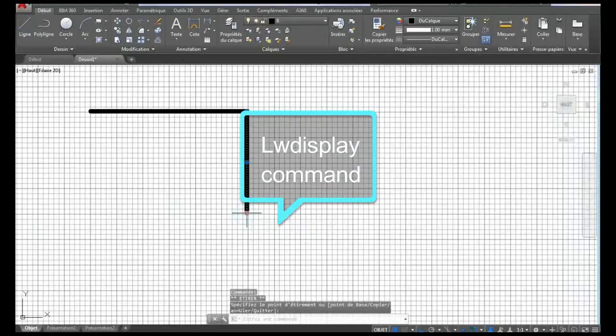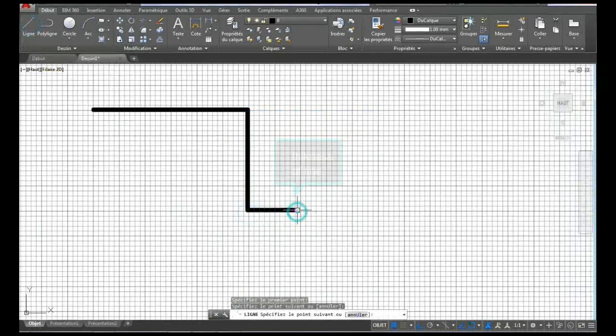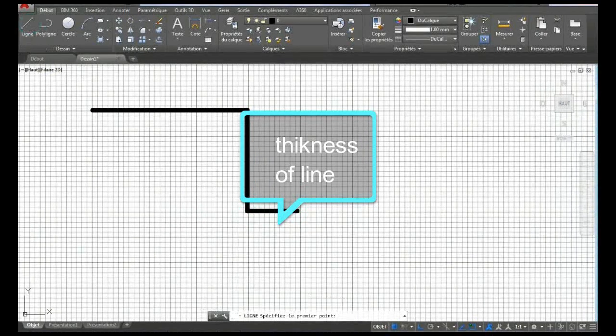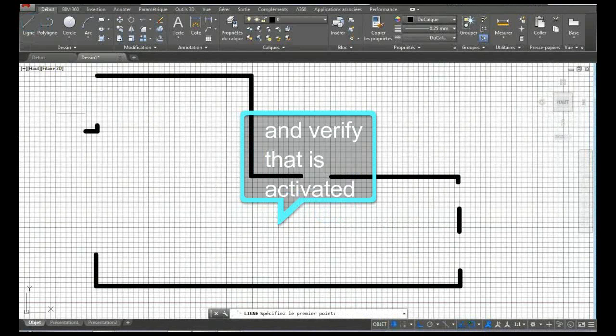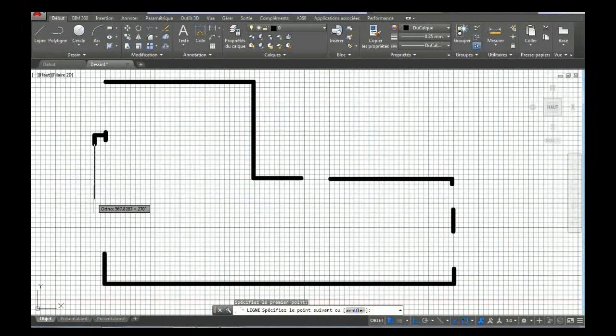So please, before starting this project, verify that the command LW display is activated, because the command LW display allows you to see the real thickness of lines. So please verify this before starting this project. I design first